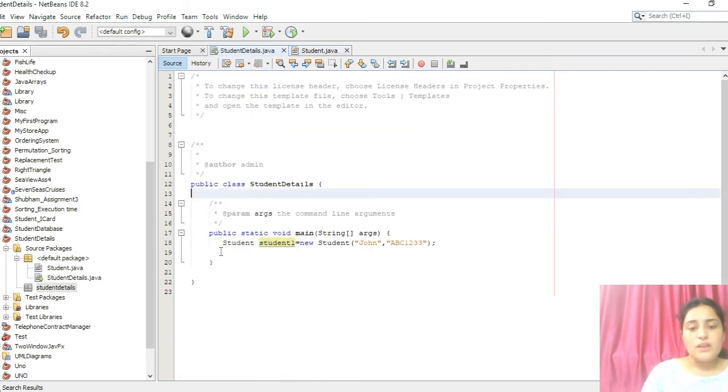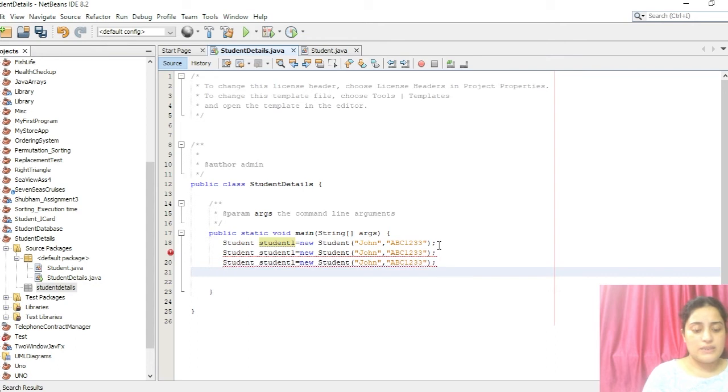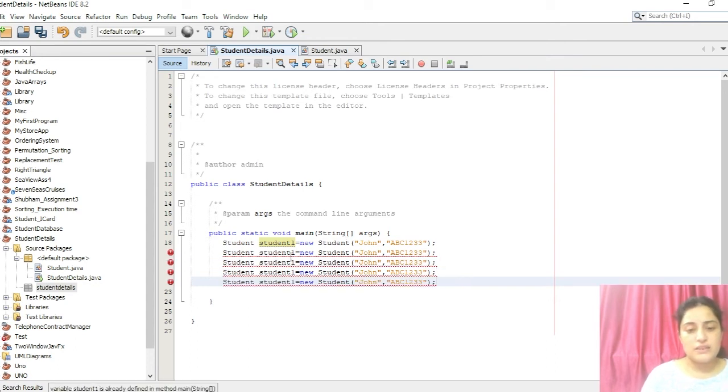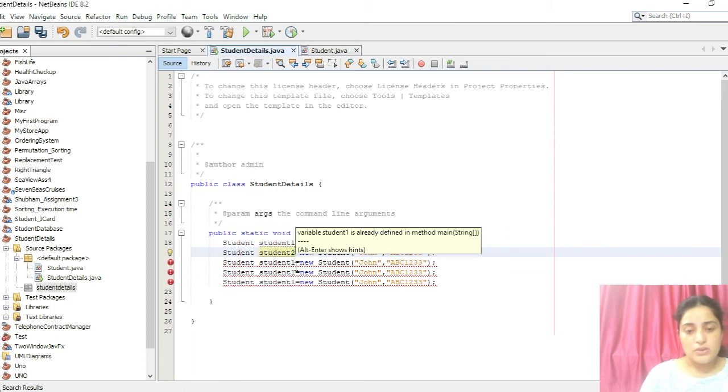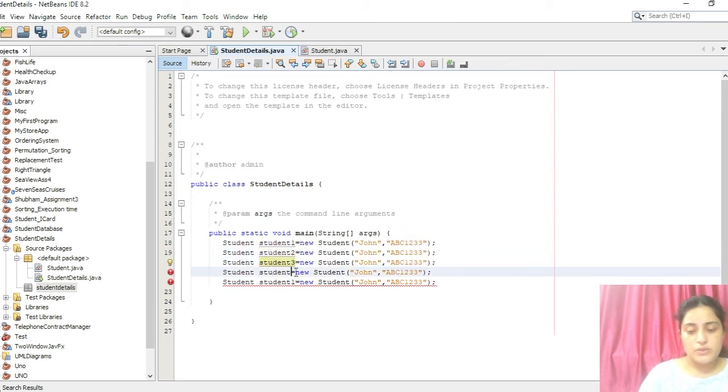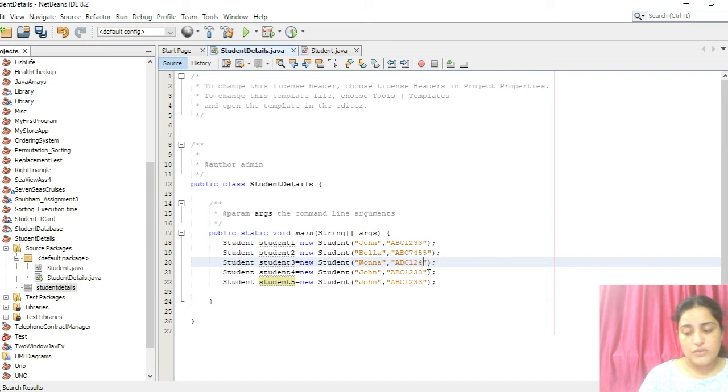So now we have created student1 with name John and this enrollment number. Now in the same way we will create 5 students. I'm copying it and pasting it here, then I will change the details later on. So here student2, student3, student4 and student5. These will be 5 objects, and change the names like Bella, say ABC745, 10455, say Wana, ABC1245,